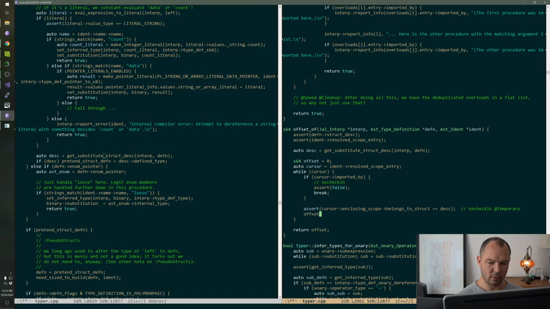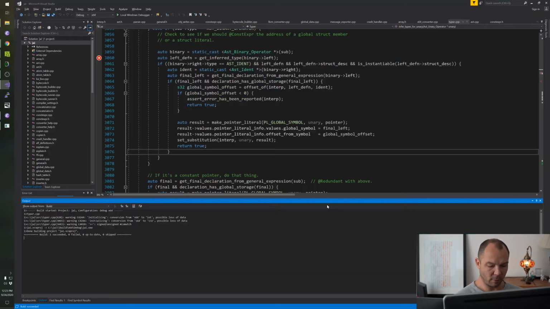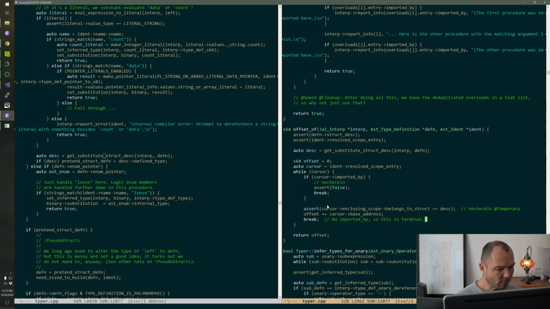Offset plus equals cursor arrow base address, break. Okay, so this is the form of a loop. We're not actually looping yet, because the base case that we're handling doesn't have any usings in it or anything.